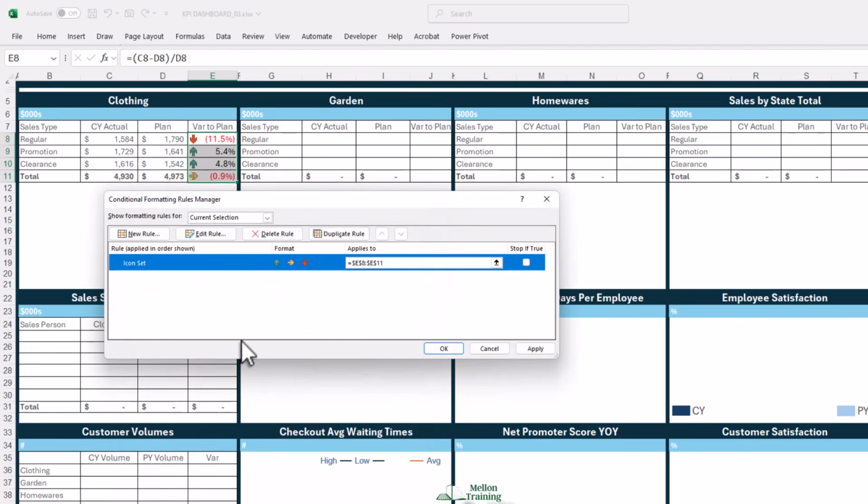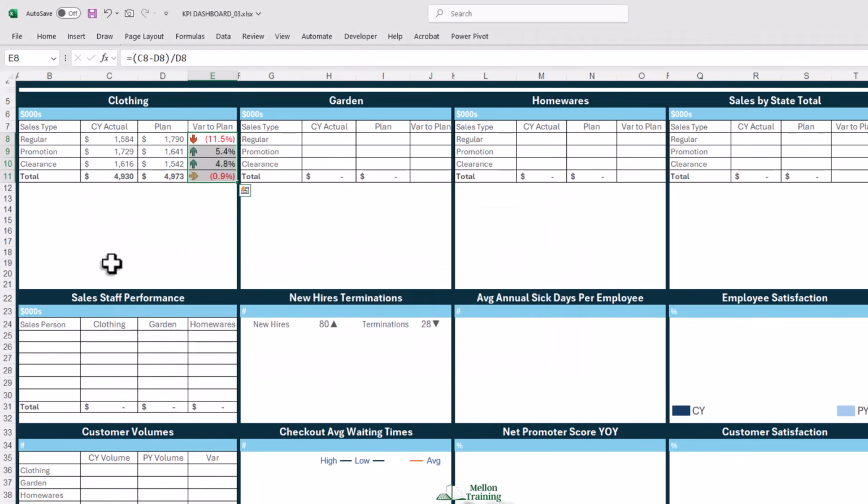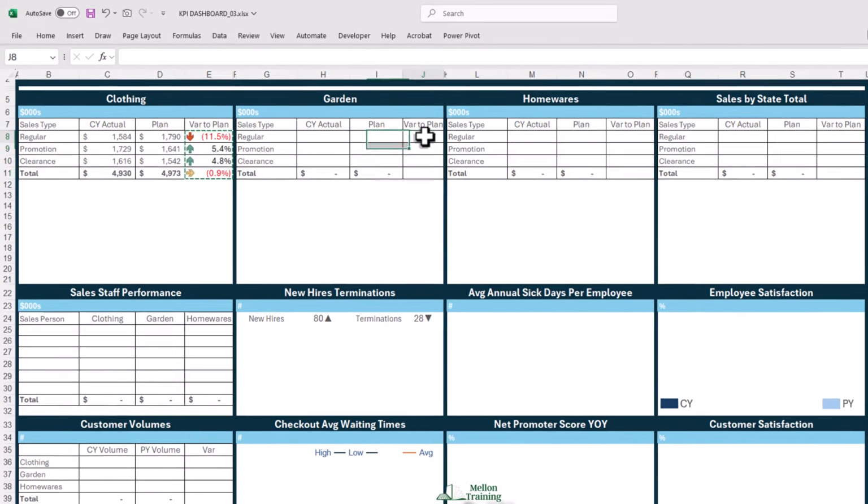So our first one should be a down red arrow. It actually should look the way that it looks now, but that's just by coincidence. It hasn't changed, but that was just a rampant coincidence. If I changed the rules just slightly, then that would change. All right, so we're going to use this as a bit of a banker. We're going to take this and copy the formatting in our garden, homewares,